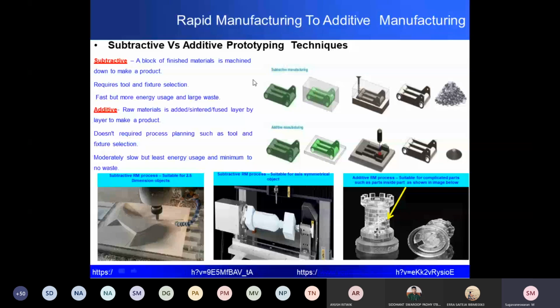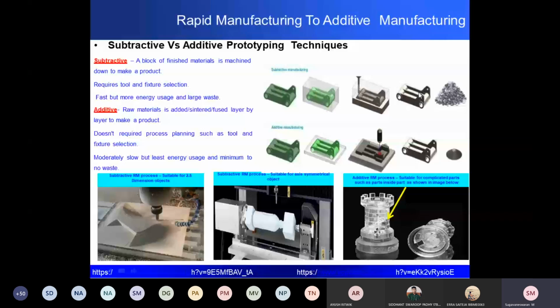So that is the difference between subtractive and additive. So what is subtractive? I need the part. To manufacture the part, I'm going to take a bulk material. I will load the bulk material into a milling machine and remove the unwanted material. I'll get a part, right? This is not mass production. I'm going to create a fewer number of parts. So this is a prototype, right? But this prototype is developed by removing material.